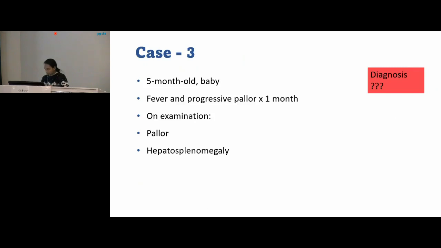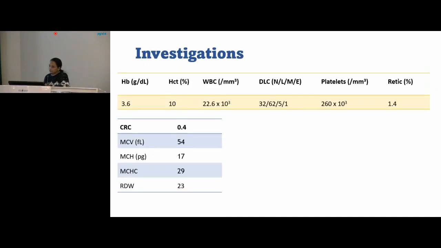So coming to the third case, they may be 5-month-old. Okay, I agree. So investigations,